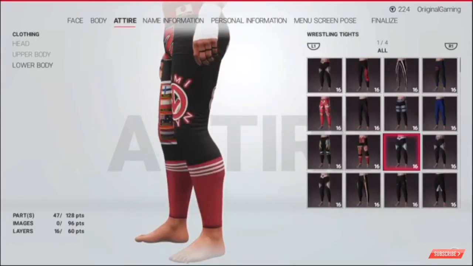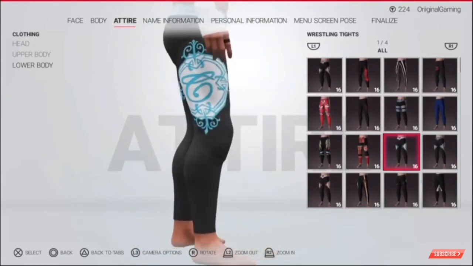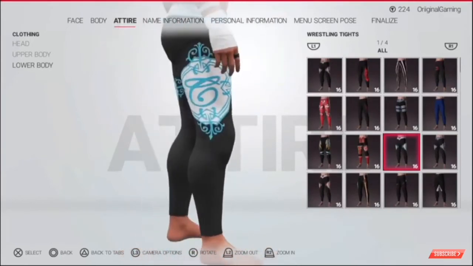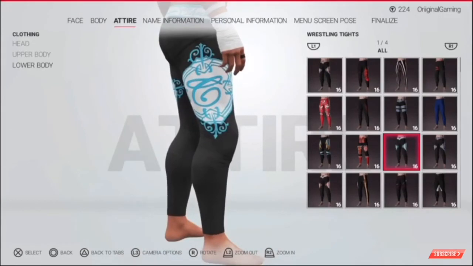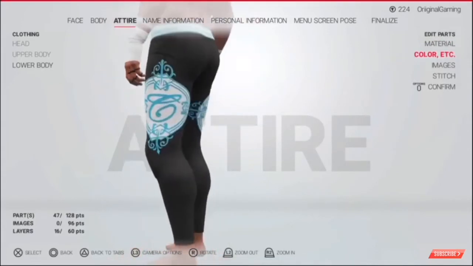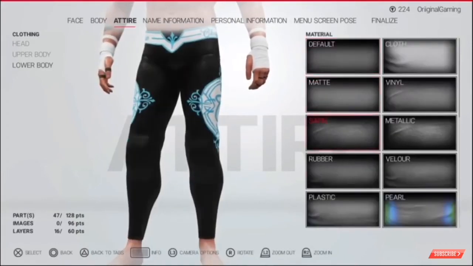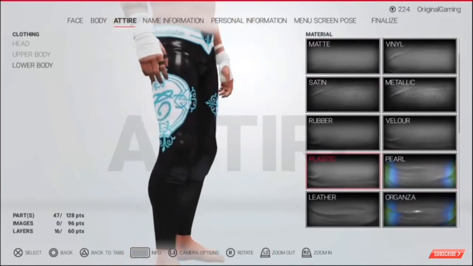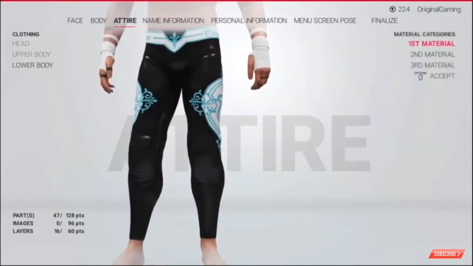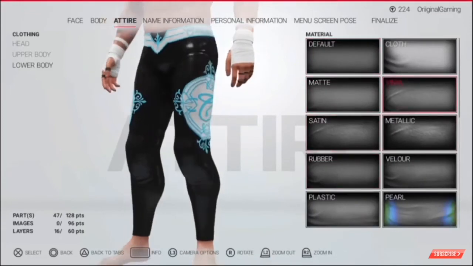I got an idea. This is more like the Christian kind of guy. Yeah, so you have to choose a logo. Just choose any logo, or you can keep this one. If your superstar starts with a C, you can keep this one, and then you can go for a material. You choose plastic so that it's good black right now. Then here you can go for something like vinyl,